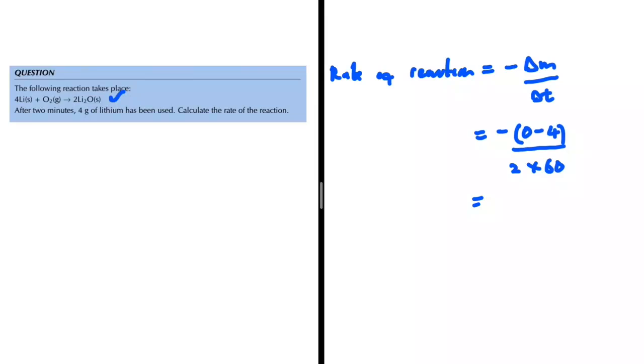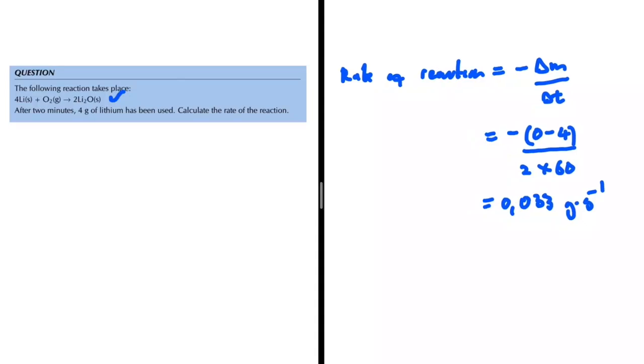This is 0.033 grams per second. There we go. That is the rate of reaction when we are using the mass. If the question was specific and said, let's calculate the rate of reaction in moles per second, we would therefore